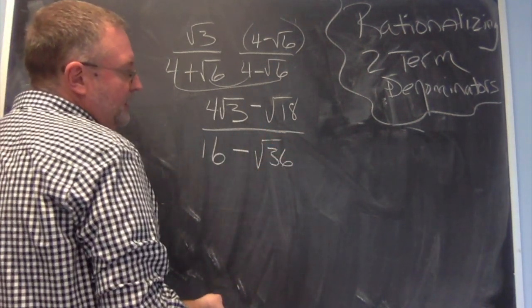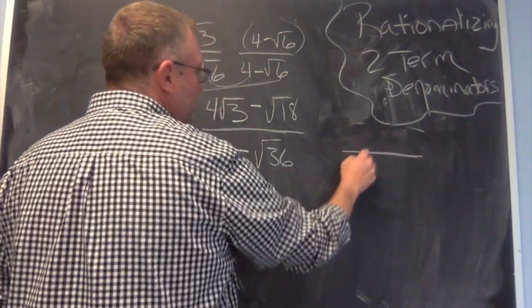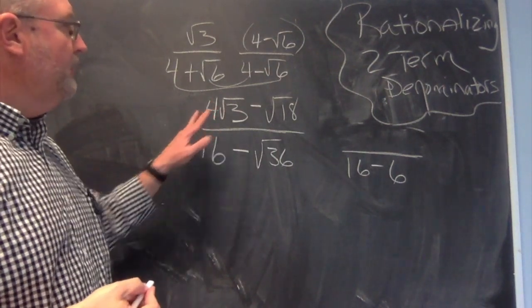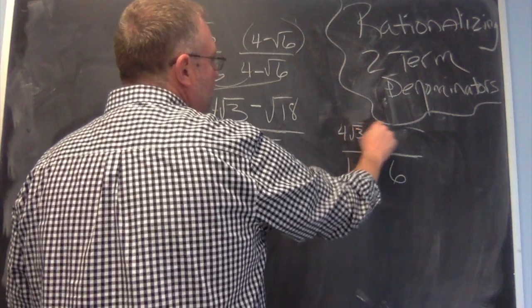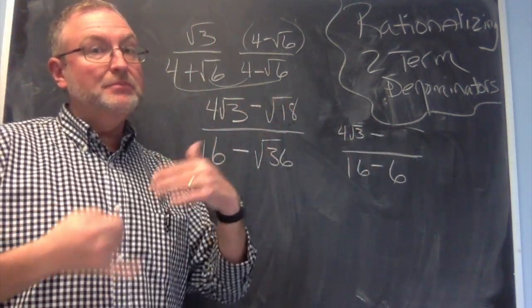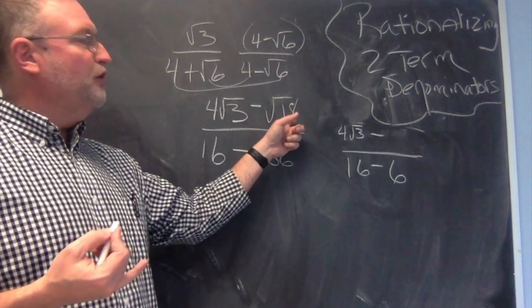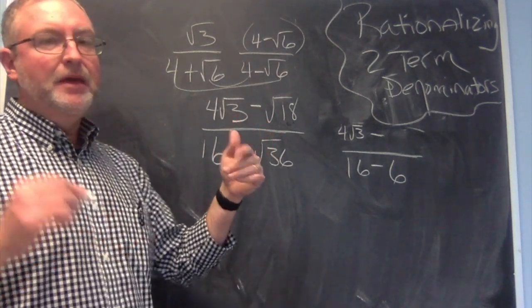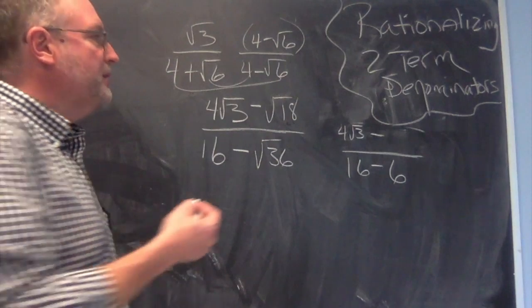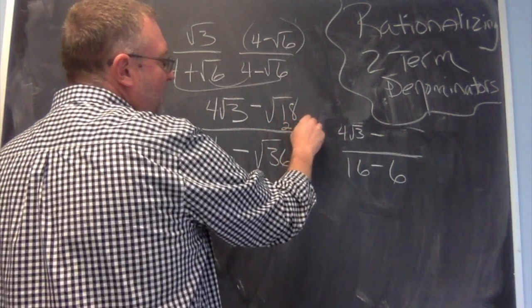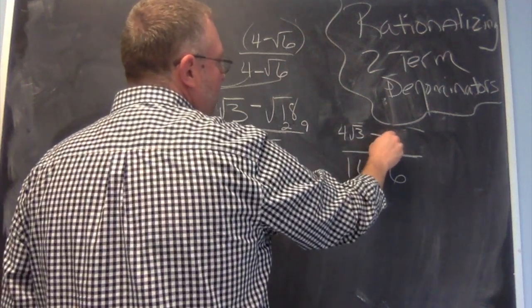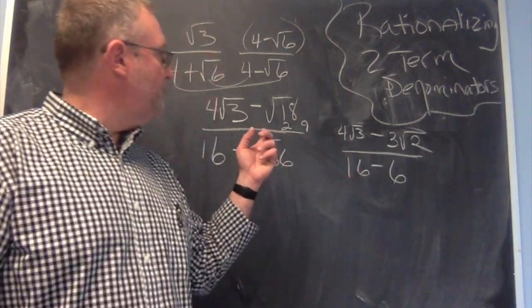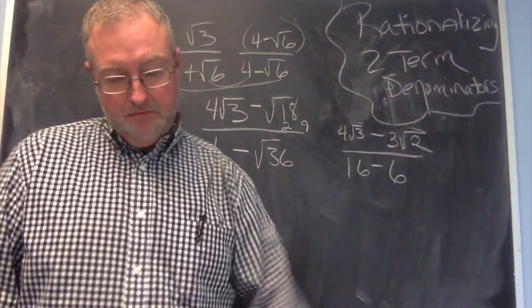Now, the square root of 36 would be, right over here. So I have 16 minus 6, because the square root of 36 is 6. Over here, I have 4 square root of 3 minus, now we can't just stop. Remember what we did last week, is there a perfect square root factor? I have 1 times 18, 2 times 9, 6 times 3. 2 times 9 should jump out at you, because 9 is a perfect square. So if I did 2 times 9, the square root of 9 is 3, and I'm left with a 2. So the answer to that one is 4 square root of 3 minus 3 square root of 2